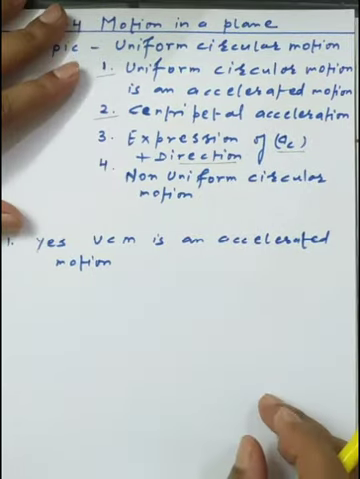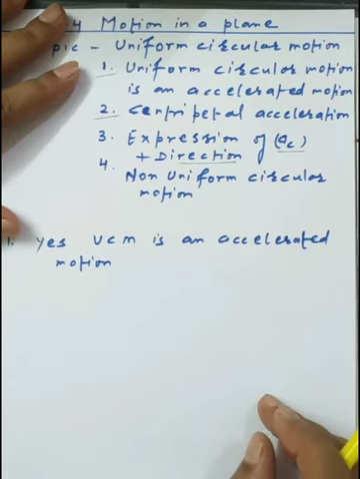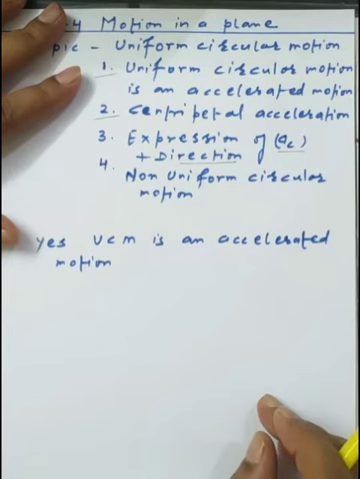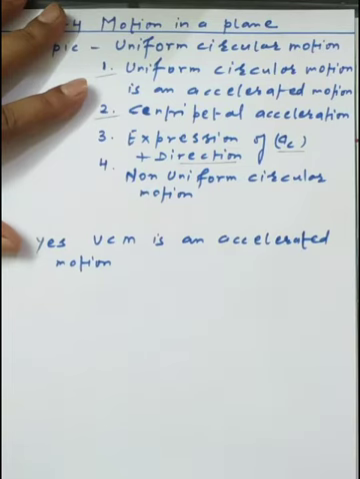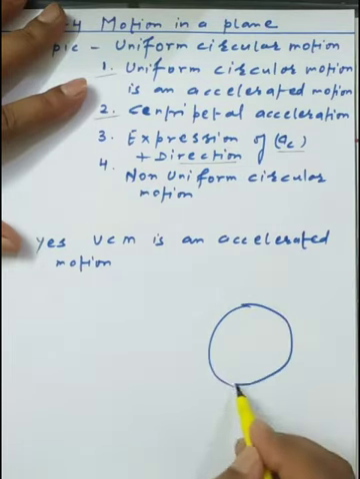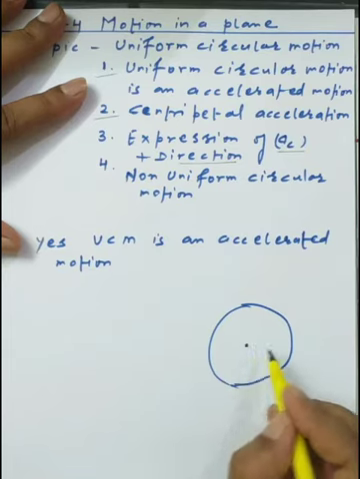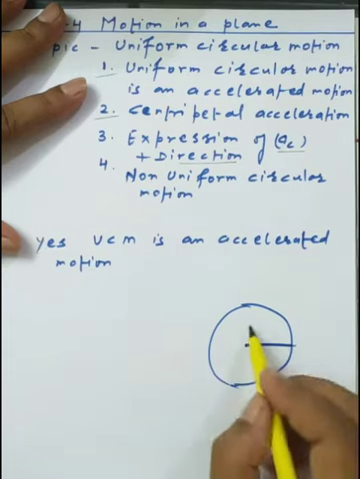So in the previous lecture we stated that uniform circular motion is a motion in which an object or particle is moving on a circular path with a constant speed. That means it covers equal distances in equal intervals of time on the circumference. So it is called uniform circular motion. Here I am considering that the particle is moving on a circular path. Okay, so it's a radius vector,